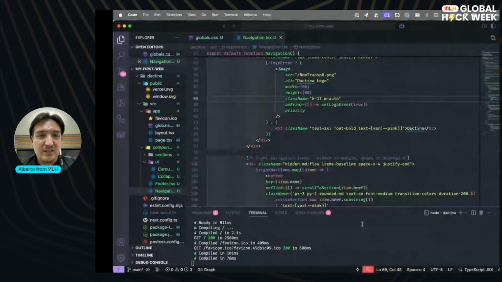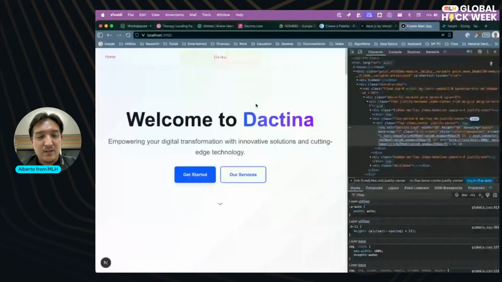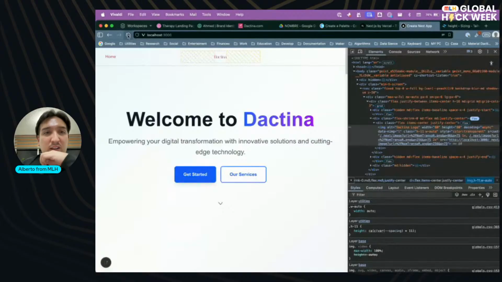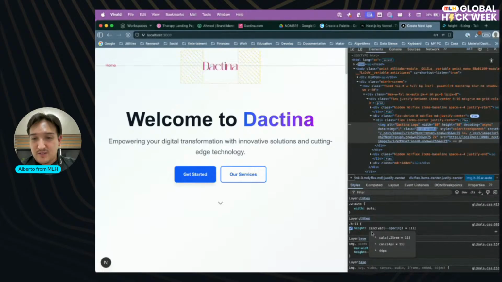So if I go 15, I need to change that again. It's 4 pixels times 15.